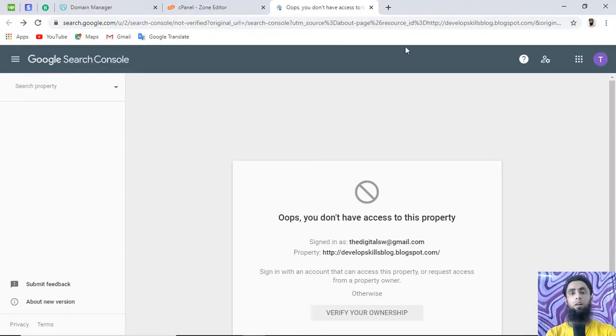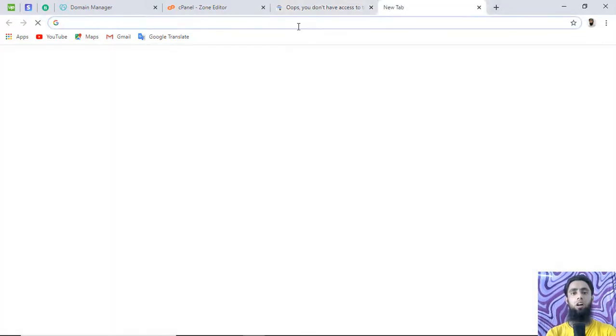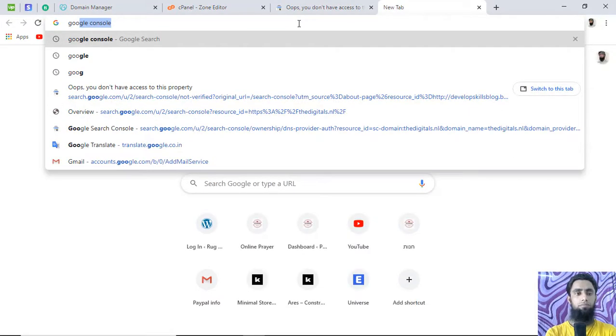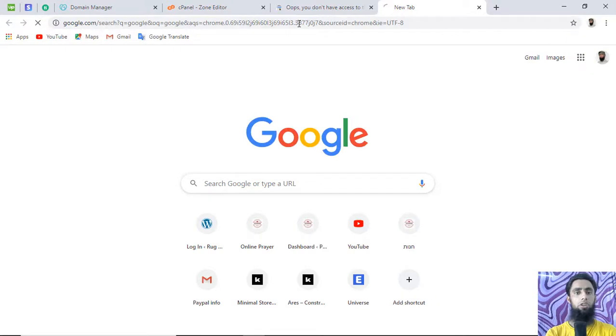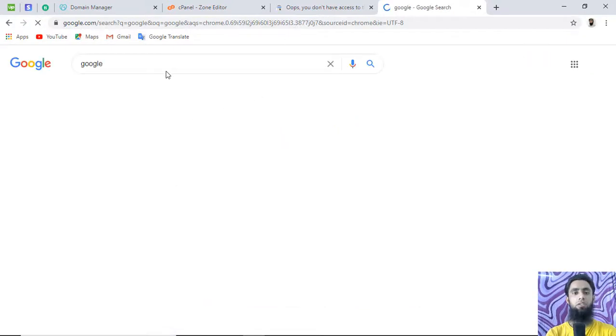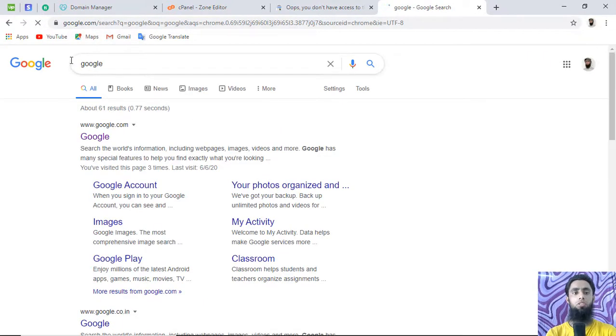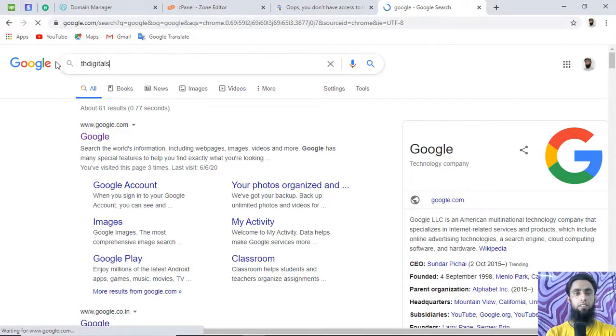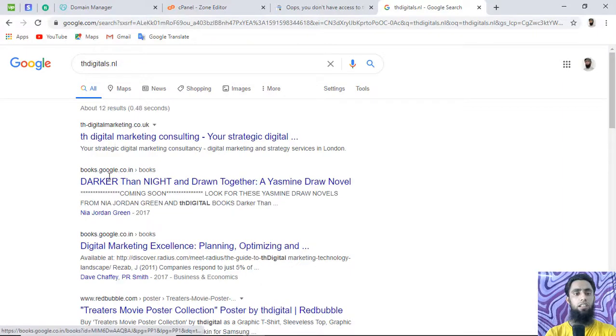So what's the benefit of this one is, when you are searching your website on Google, then that would be shown over here. For example, if I add the domain thedigitals.nl and click on search, then you know that right now this is not mentioned over here.